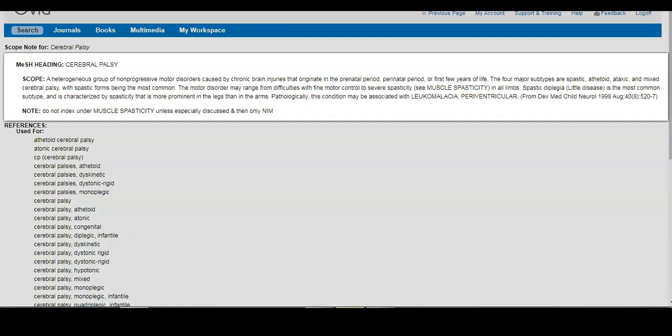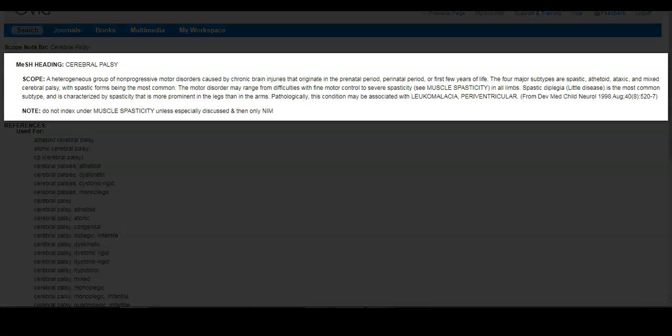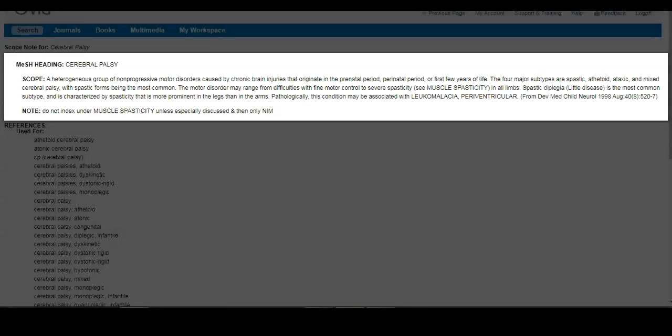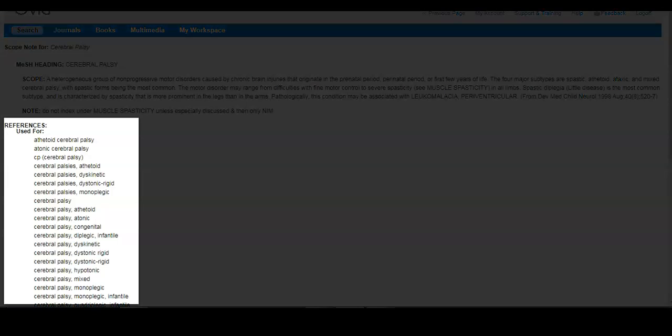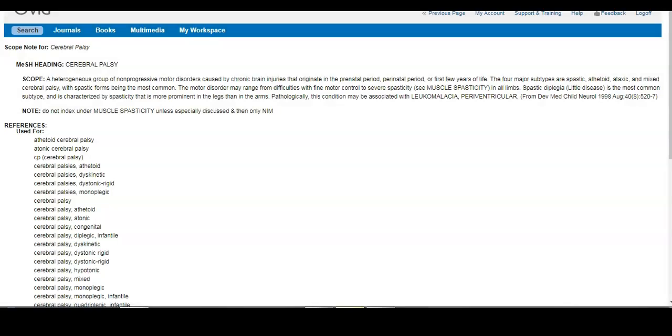This is really useful because it tells us a bit of background information on how the term is used and what its official definition is, which of course can vary across different geographies. It also gives us an idea of other terms that we might want to look up as well in the MeSH tree, and it also tells us which older or perhaps somewhat out of date terms or adjacent terms may also be included when we add this particular entry into our search.